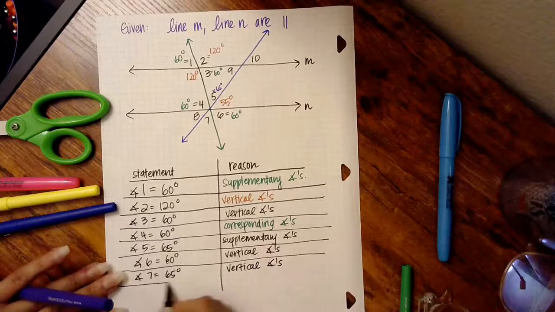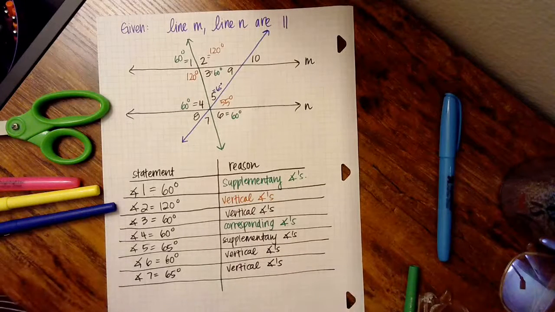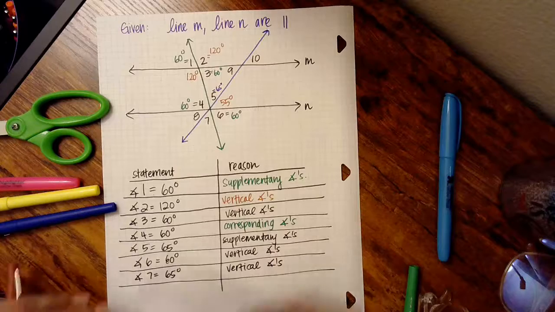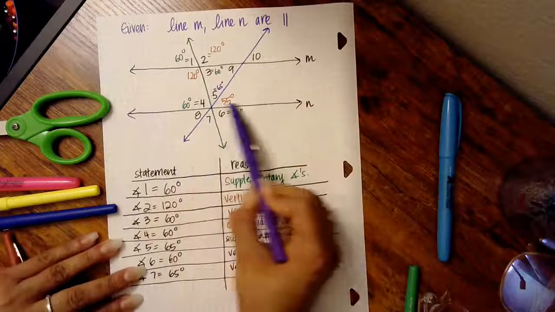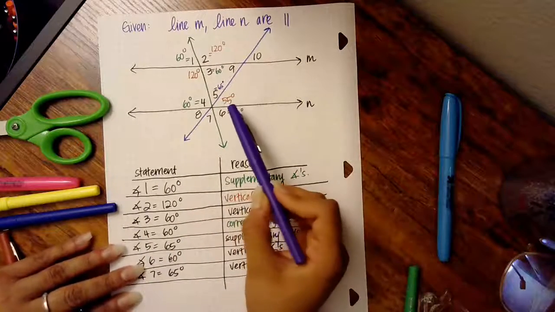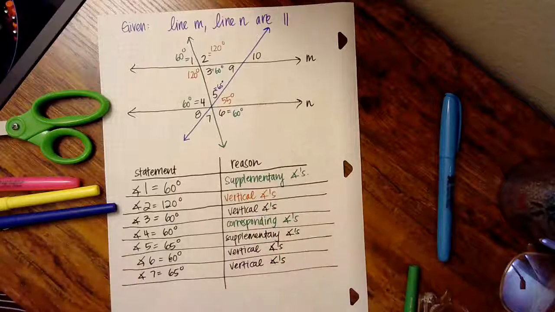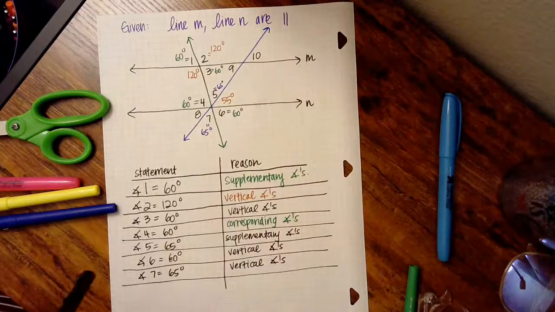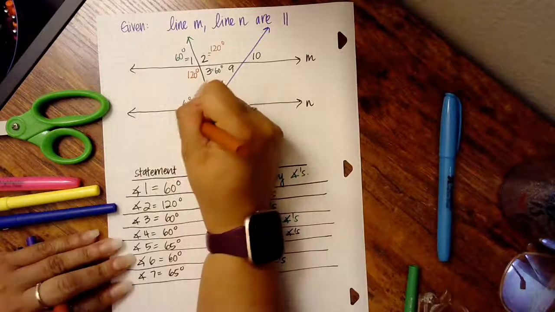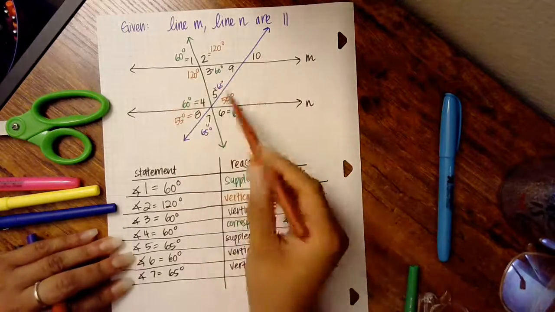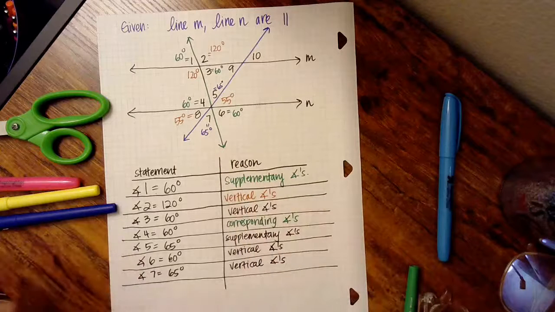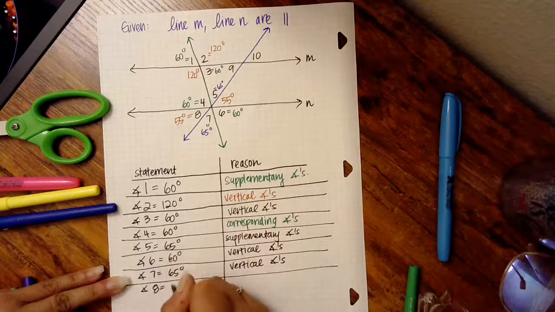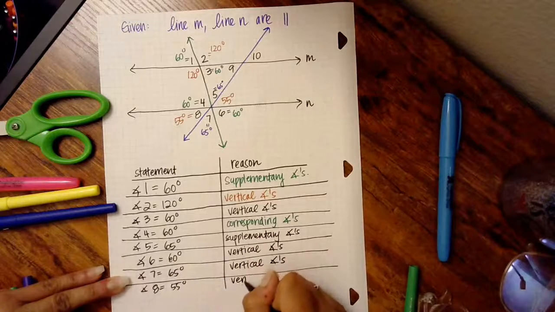Okay. Now notice this blue line and line N are also intersecting, and I'm able to say that angle 8 is going to equal 55 degrees because of vertical angles. Okay,